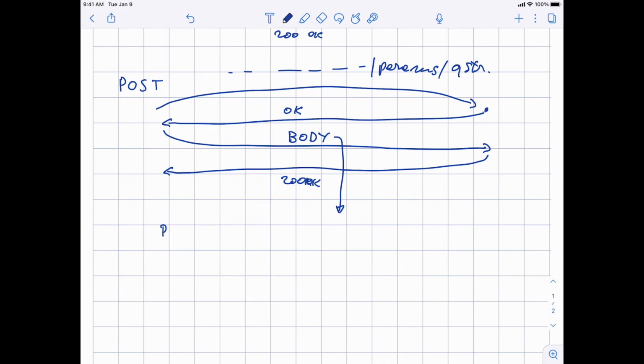And the body is typically composed of, it can be a form content, form encoded. We have seen this already in the last lecture on forms. When you have a web form and the information is sent, it is sent like a big dictionary in which there is a name, last name, and the various contents.